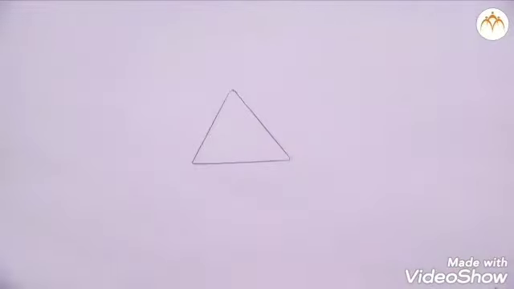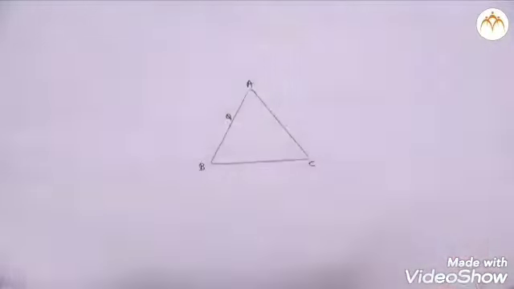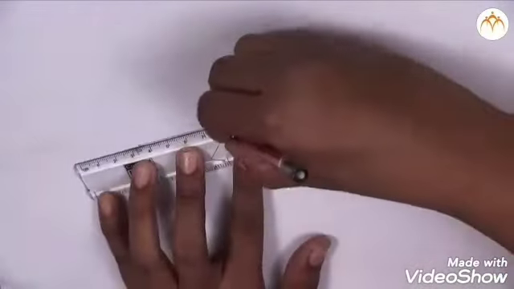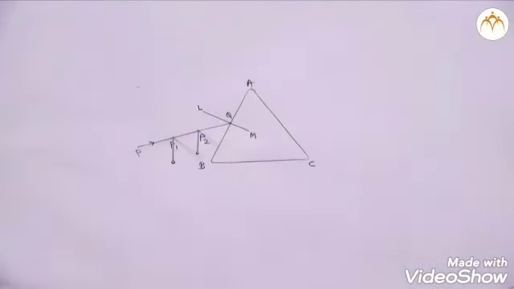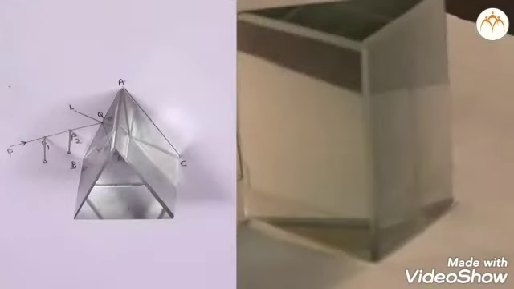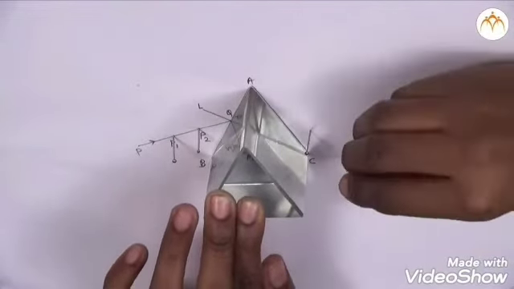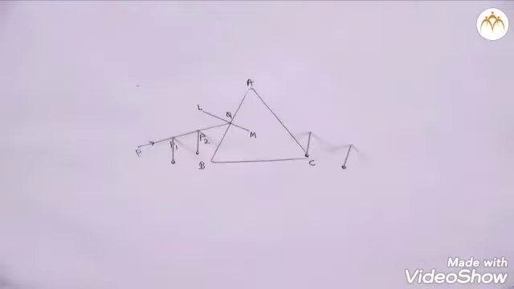Mark the boundary ABC of the glass prism. We remove the prism and draw a normal LM at point Q on side AB. Draw ray PQ making an angle of 30 degrees with the normal. Fix two pins P1 and P2 on ray PQ. We place the prism back on ABC. Look at the images of P1 and P2 through the side AC. Fix two more pins P3 and P4 on this side such that pins P3 and P4 and images of P1 and P2 appear to be on a straight line.